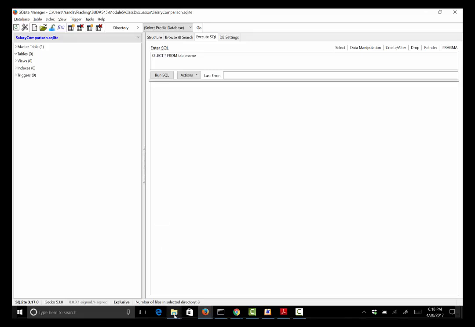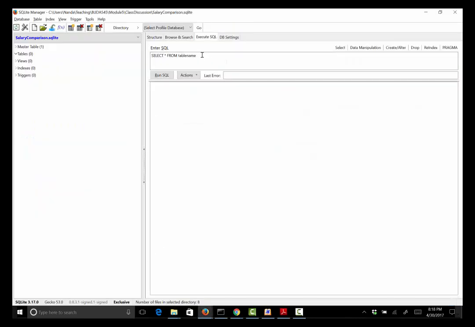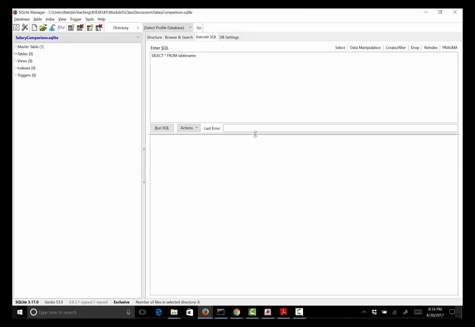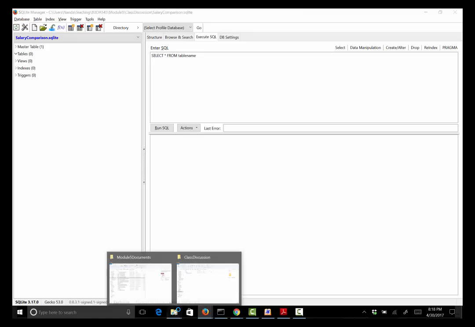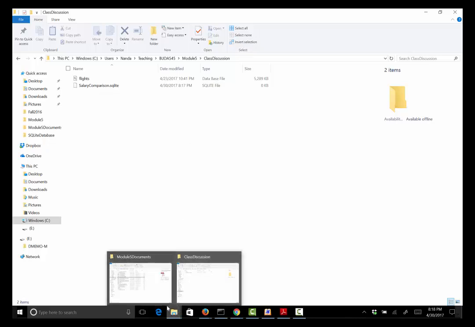And so if I go into the class discussion folder now, I'll see this salary comparison.SQLite database that's been created. Of course, this is an empty database as of now, and then I can write my create table statements and run them, because just to save on time, I have posted some text files for you to